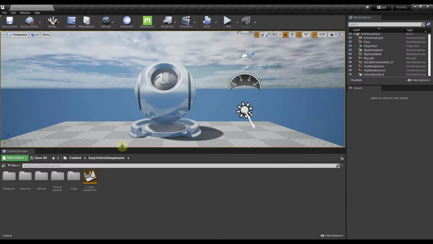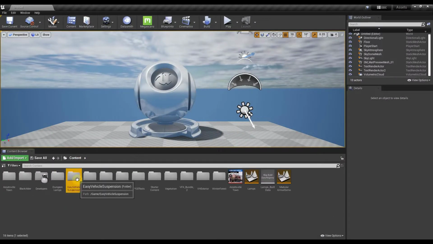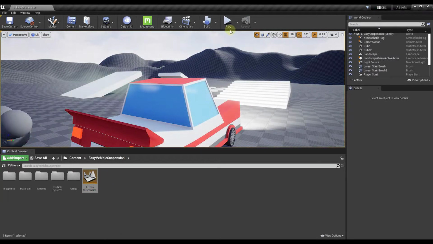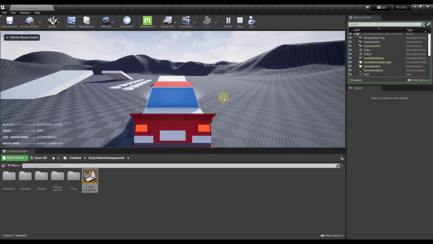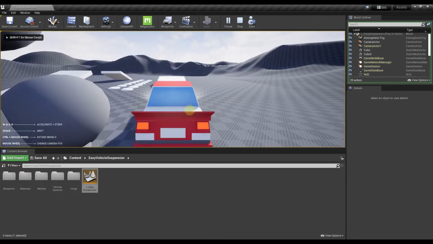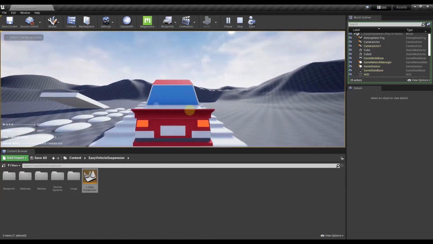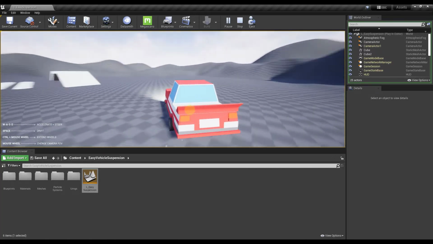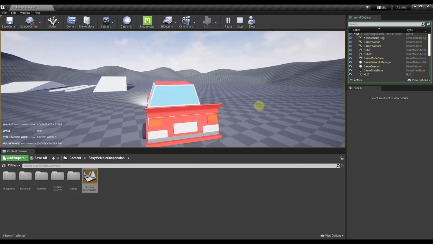If you bring this one into the engine, if you go into the Easy Vehicle suspension folder, there's an option in here where you can actually load a level like this. You can click on the play button and you can see what this does. So for example, if I click in here, notice how it's got the acceleration and the steering set up. You can also hold the space key in order to drift. You can hold the control key